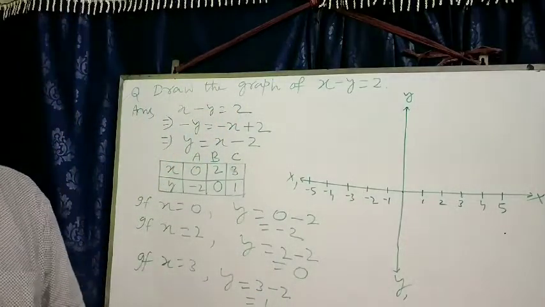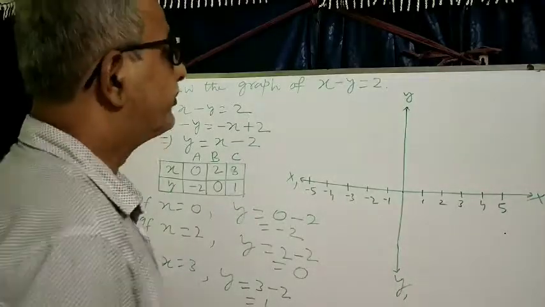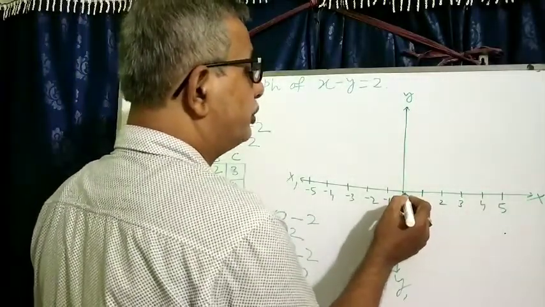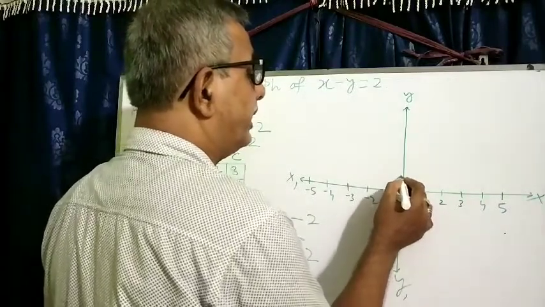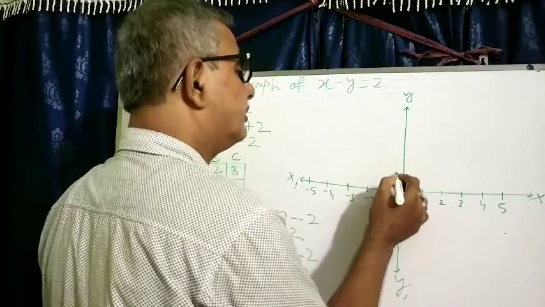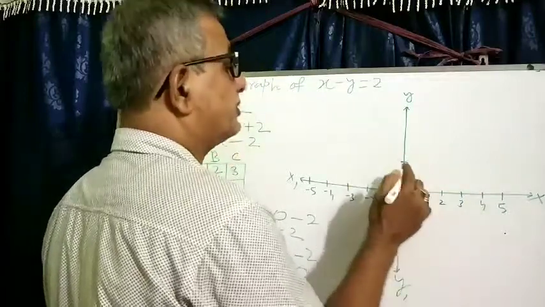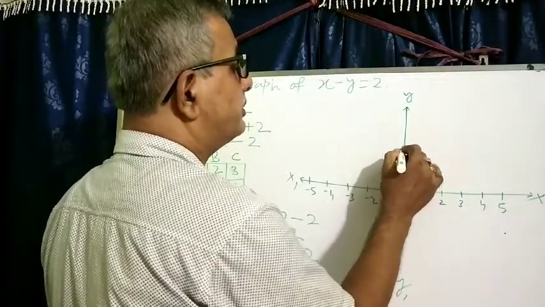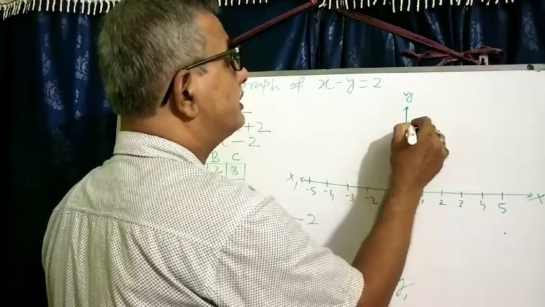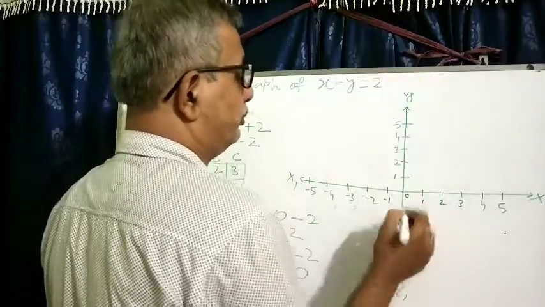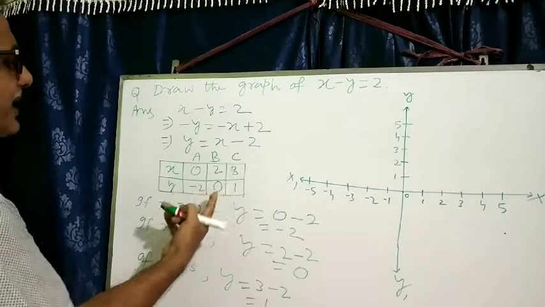Plotting of points on the graph paper, I have taught in the classroom. You remember it. Here, whatever is here is 0, 0. The x is 0, the y is 0. Here 1 centimeter, 2 centimeter. You take 1 centimeter each with the help of the scale. This is 3 centimeter, this is 4 centimeter, this is 5 centimeter. Like that you proceed. No need of taking so much value because the maximum is here 3.